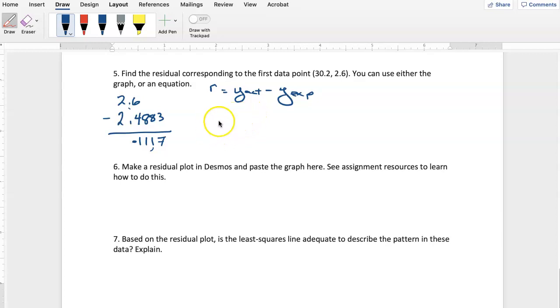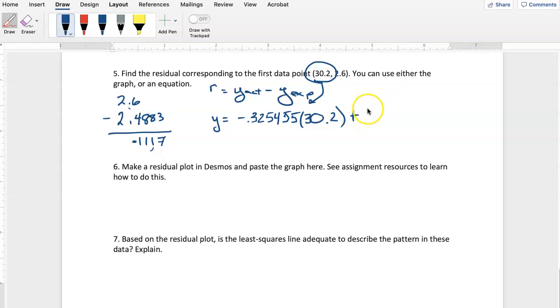Okay, so if you want to use the equation, you're just going to use the equation that we had before, which was y equals mx plus b. So y equals negative 0.325455. Hopefully I have these numbers right. If I don't, you can look up above and fix them. 55 times x, and the x is this value here, so you're going to put that in right here, 30.2,